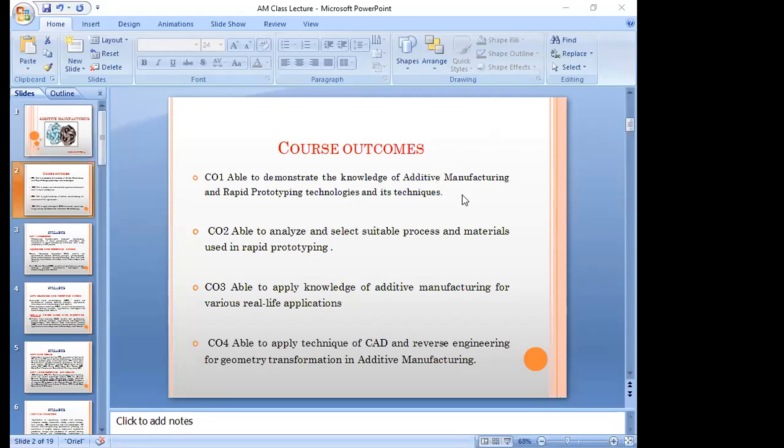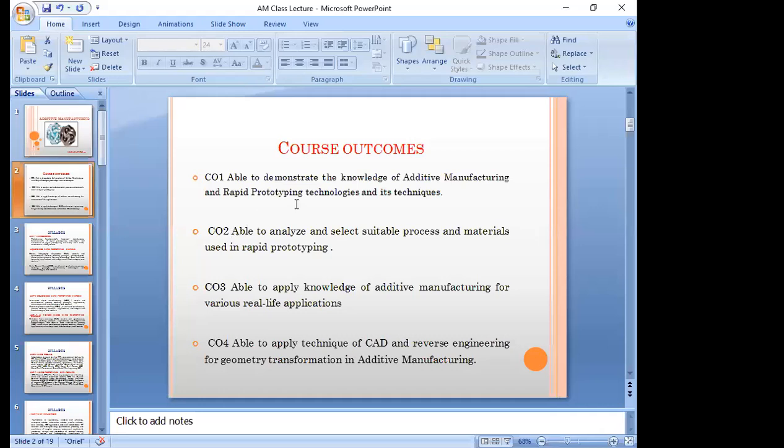The difference between basic manufacturing systems and rapid prototyping is that we are using computer models, and we are going to import those CAD models and go on to product development.